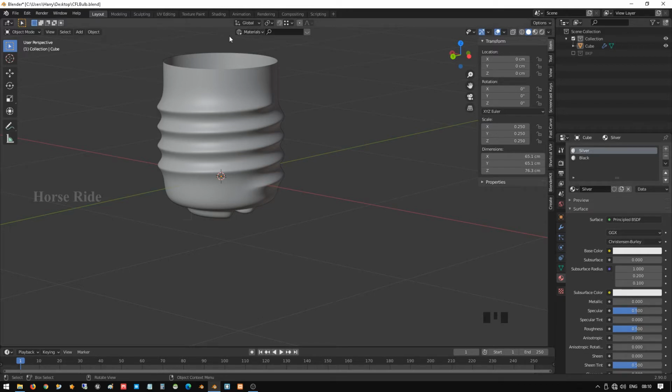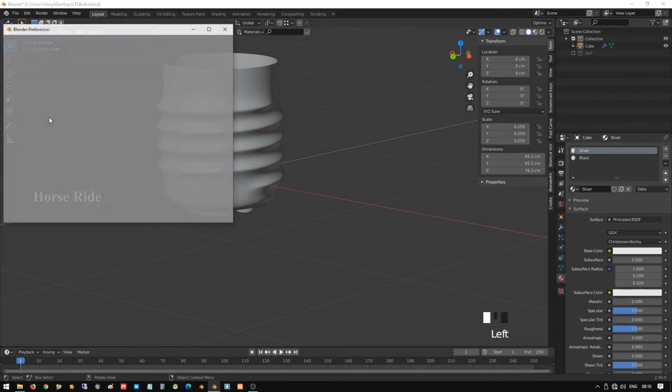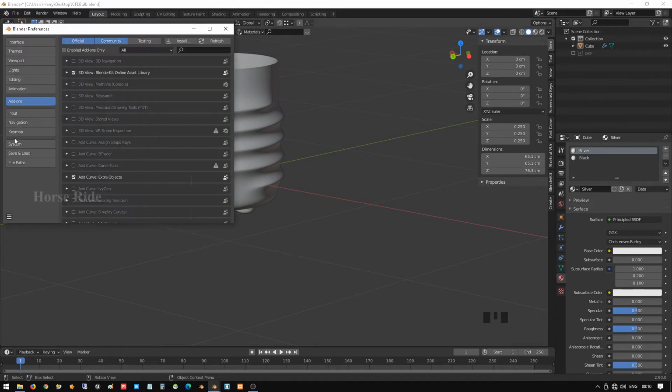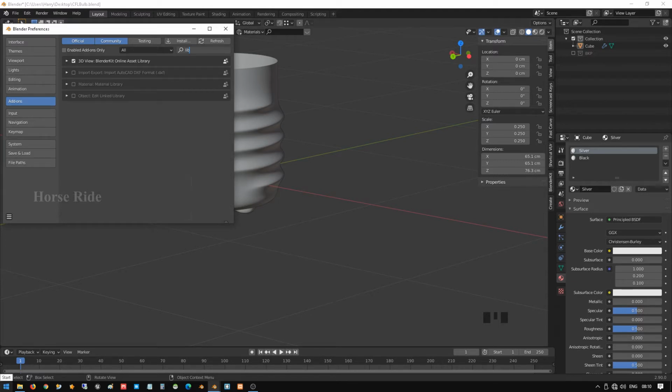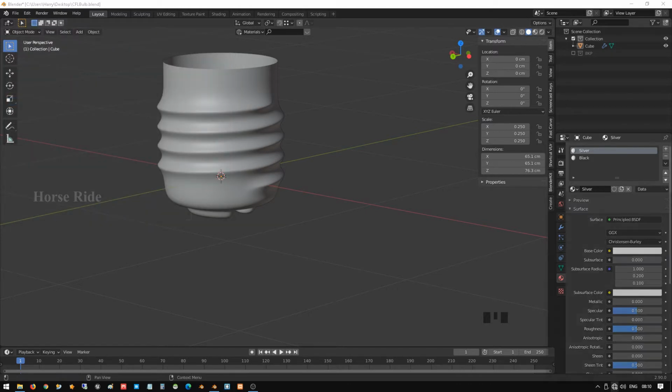Here the material option is this option. In case you don't have it, go to edit, preferences, add-ons, and search library. Here you can see 3D view Blender kit online. This Blender kit is required for us. Tick that option, and the internet should be connected.